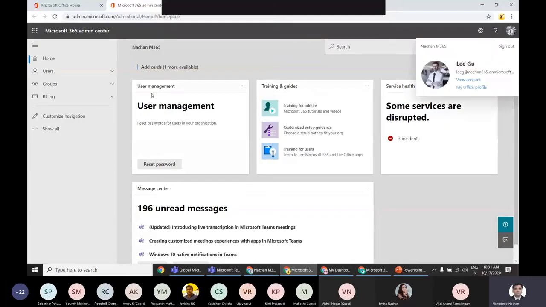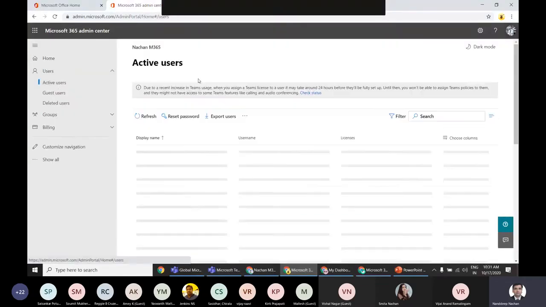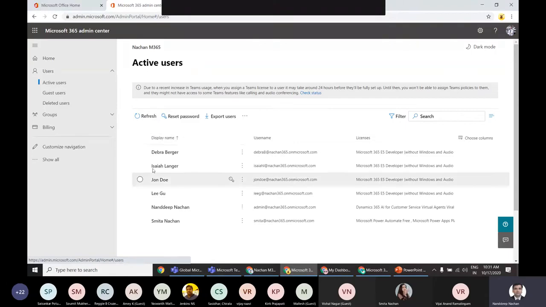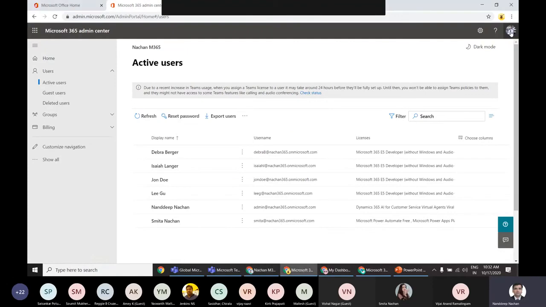So even from here you can see that this Lee user is not able to add any of the users. He doesn't have those privileges. Even if I go to users, active users, you can see that he is not able to add any of the users. So what we want now is to give those accesses to this user. Whenever our admin is on leave, this user Lee will be able to perform those tasks on behalf of the admin. So let's go ahead.